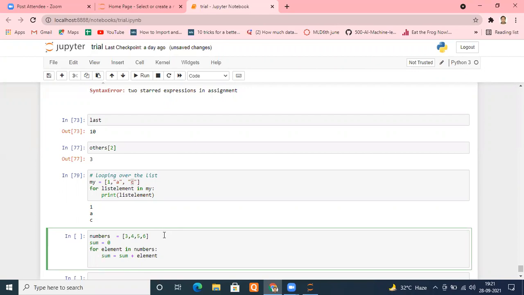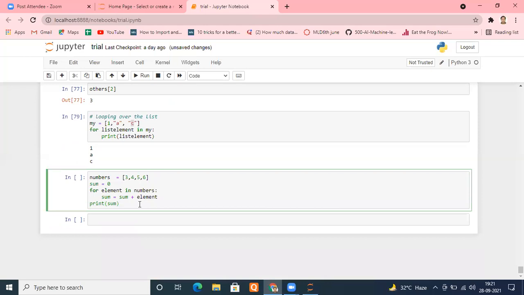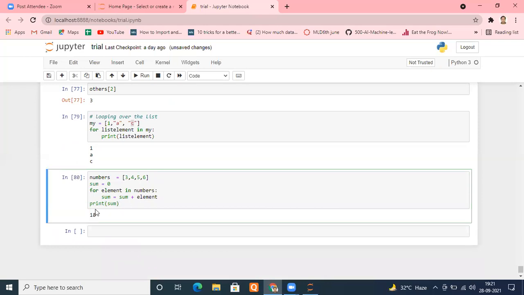Print sum, here itself, not outside the for loop. Okay, so I'm typing it here. 5, 3 and 4 are 7, 7 and 5 are 12, 12 and 6 are 18.